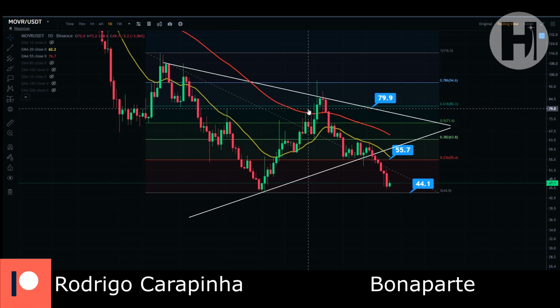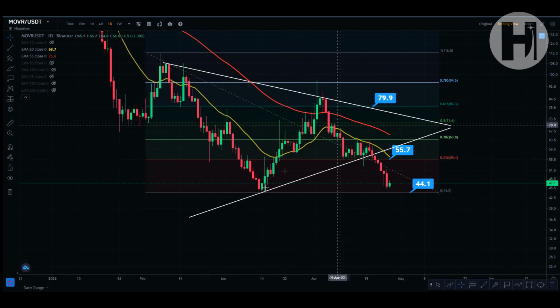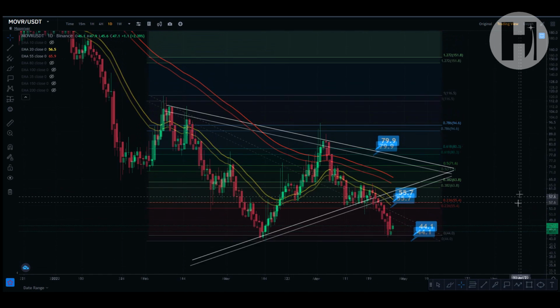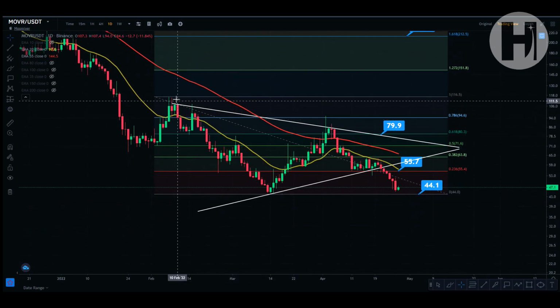So over on the Binance website on the daily chart, you can see that we were in this large symmetrical triangle and we lost the support over here on April 21st, which is quite negative. Right now, I would like to target the 0 fib level over here at $44. We have a bit of a different Fibonacci retracement here. The targets are to the upside, of course. On this one, it's a little short-term Fibonacci retracement, if you will.